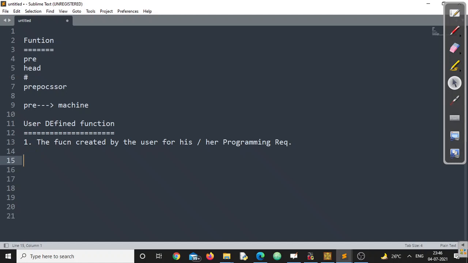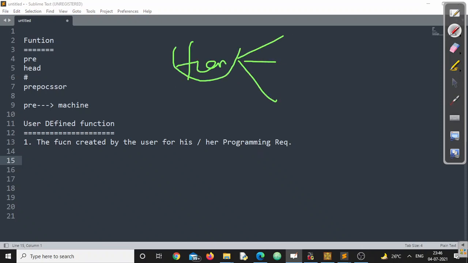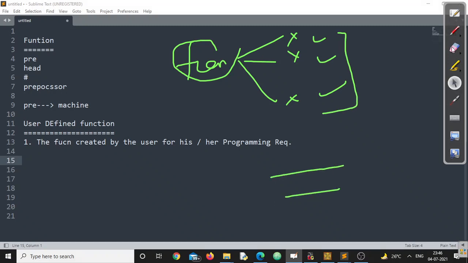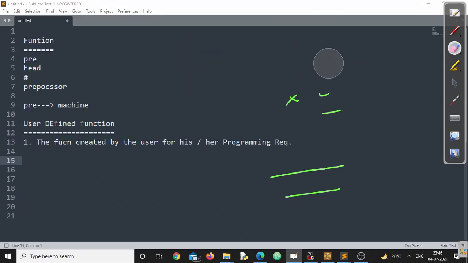While creating a user defined function, the user has to be very keen about a few things. Let us understand what the different sections of a function are, and while creating a function, what I should take care of. If I can understand all these three sections, then happily I can say I can create any type of function. Before getting into the types of function, let us understand the different segments, which some people call sections of a particular function. It could be a user defined function, or a predefined header function, right?